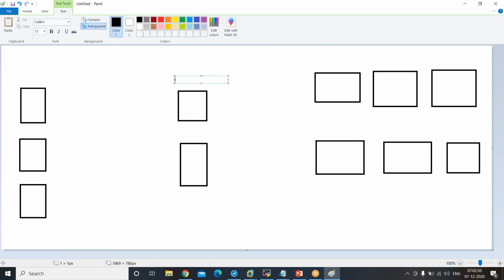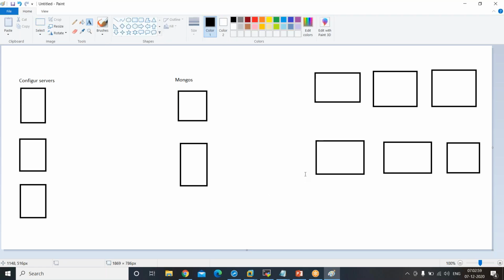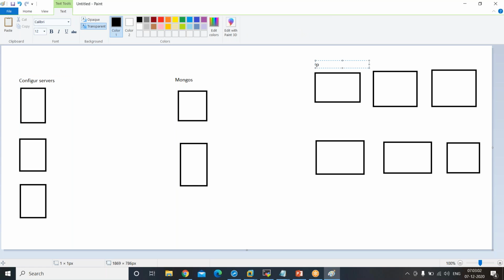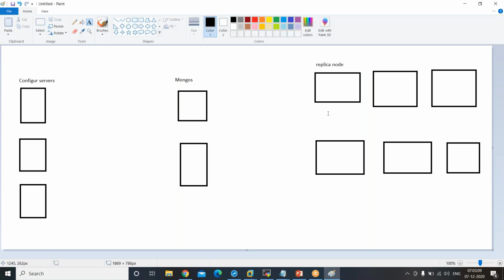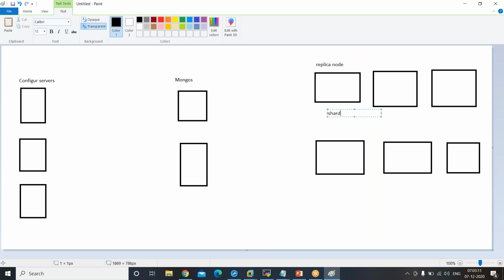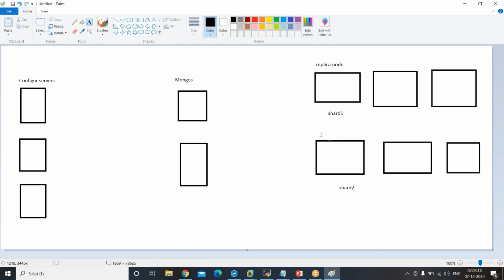So mongos, config servers, and the primary replica node, I'll call it a replica node, are equivalent to one shard. This is shard one. This is shard two, and this is the second replica, node one and two kind of. So now